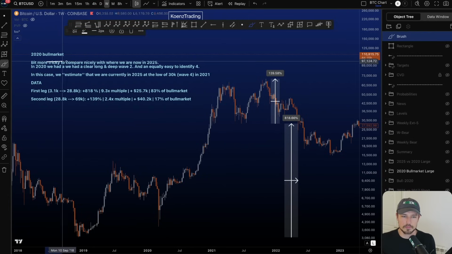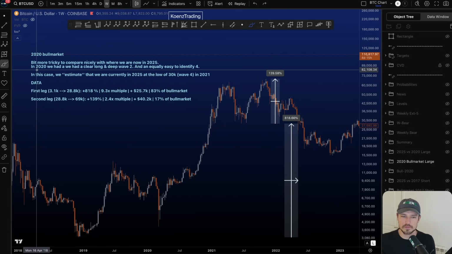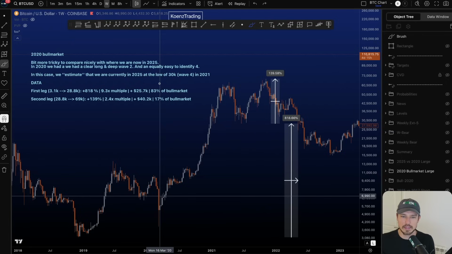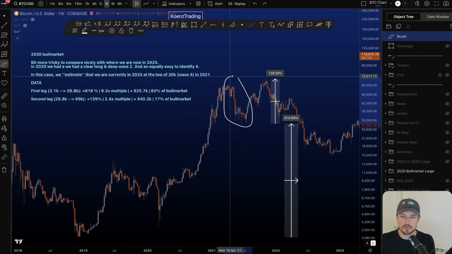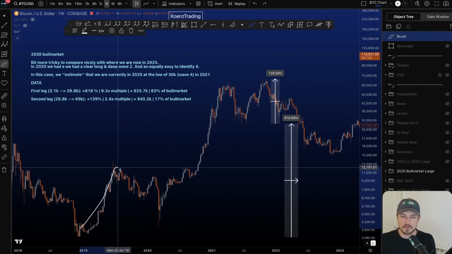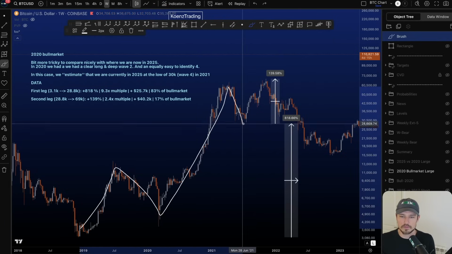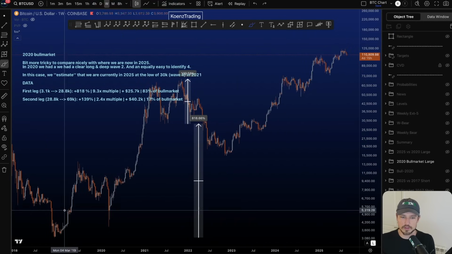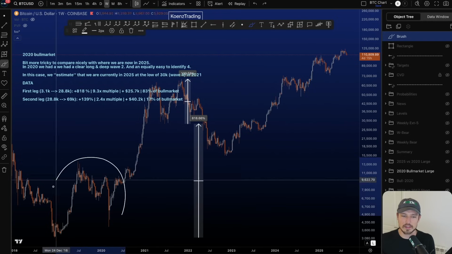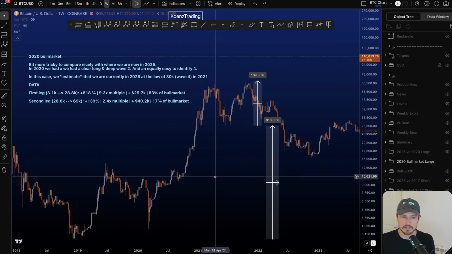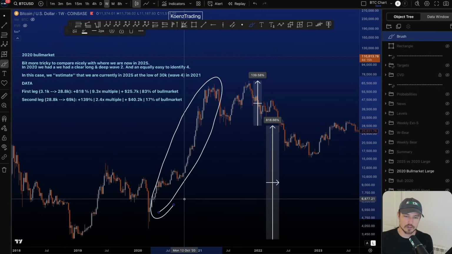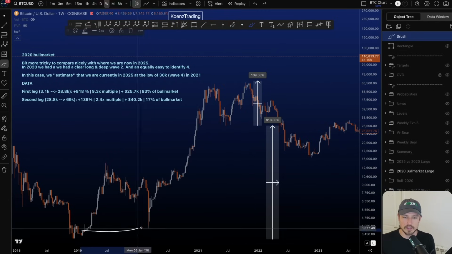So the 2020 bull market is a bit more tricky to compare nicely with where we are now in 2025. In 2020, we had a very clear and long deep wave 2, which was this one here, absolutely beautiful, and an equally easy to identify wave 4. So very clear move up, down, long wave 3, 4, and 5. And you can see compared to the current bull market, of course, we have our 1-2 here, but you can see how large and how clear this 1-2 is. So very, very nice. Maybe we would need to compare this structure with the current bull market, but nonetheless, I've taken into account the